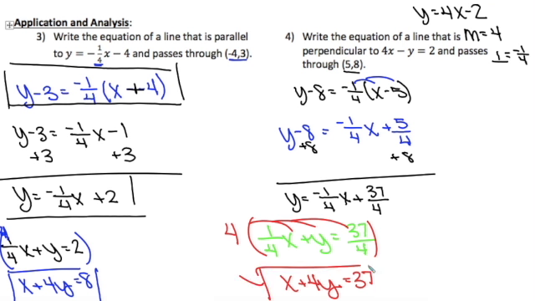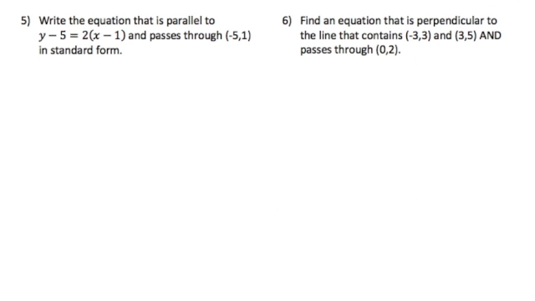So standard form, slope-intercept form, point-slope form. Again, I like point-slope if it doesn't tell me otherwise. For 5, write the equation of a line that is parallel to that and passes through in standard form. Well, I should be able to recognize that this is point-slope form, so that is my slope. So I know m is equal to 2, and I want parallel, so that's all I need to know, and my point,